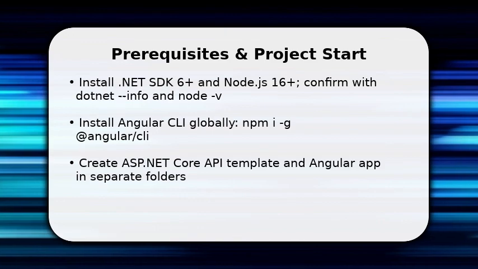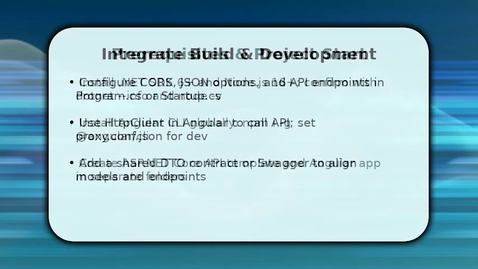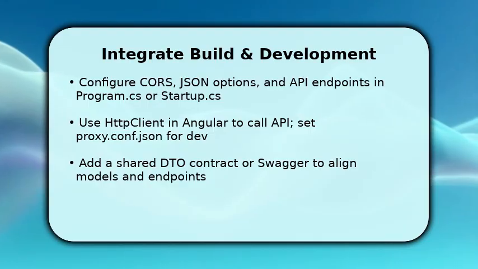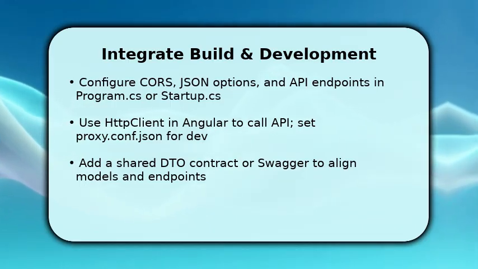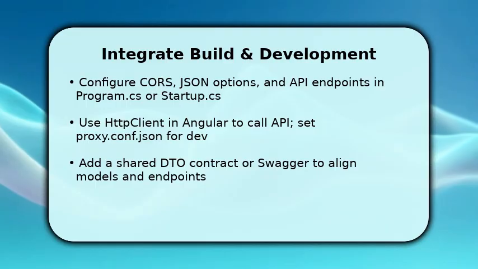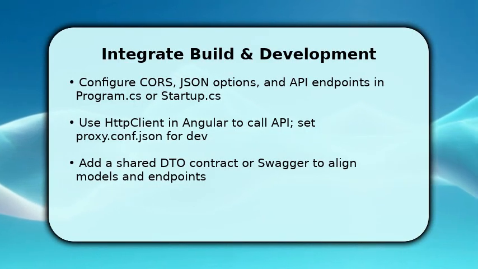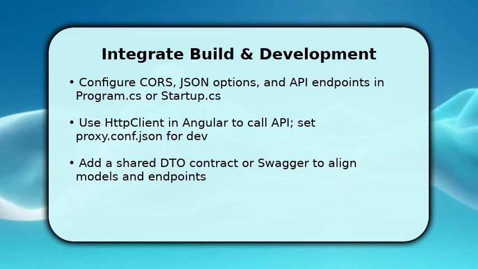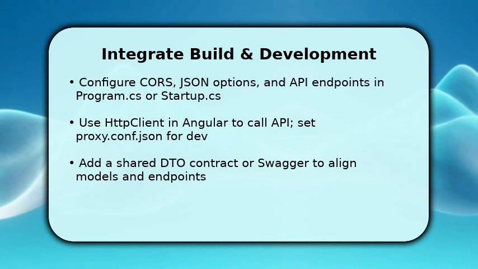You will wire the runtime, enable CORS, and configure JSON serialization so both sides agree on payload shapes. This avoids subtle bugs. In Angular, use HttpClient and an environment-based URL, then add a proxy.conf.json pointing to Kestrel during ng serve, so you get seamless dev without changing production URLs. Once your DTOs and endpoints align, use a shared TypeScript interface or Swagger-generated clients. You reduce runtime errors. You will finish by serving the Angular build from ASP.NET